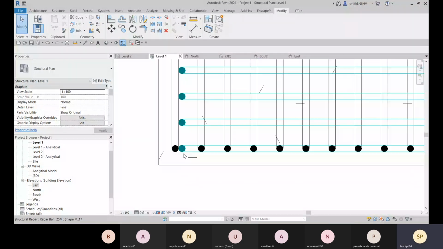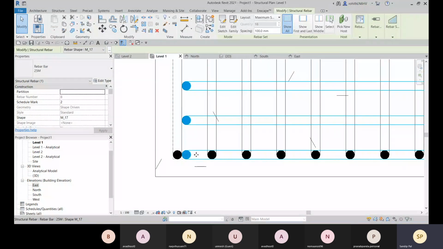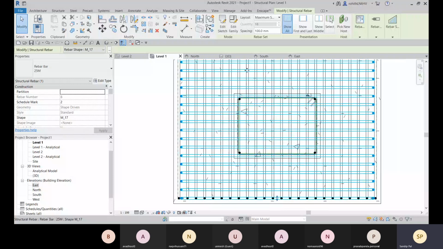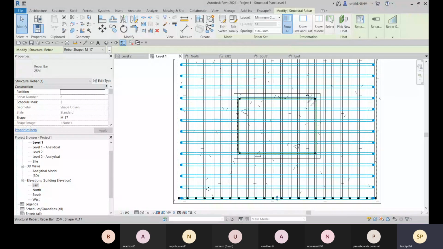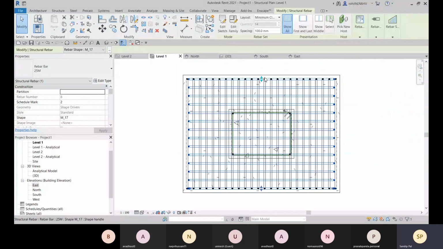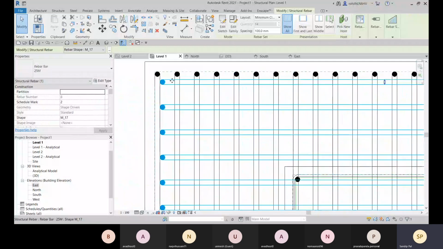So you can see that these all are placed from the last end. You can go with that, or else you can change the maximum spacing to minimum clear cover. There you can provide this gap.